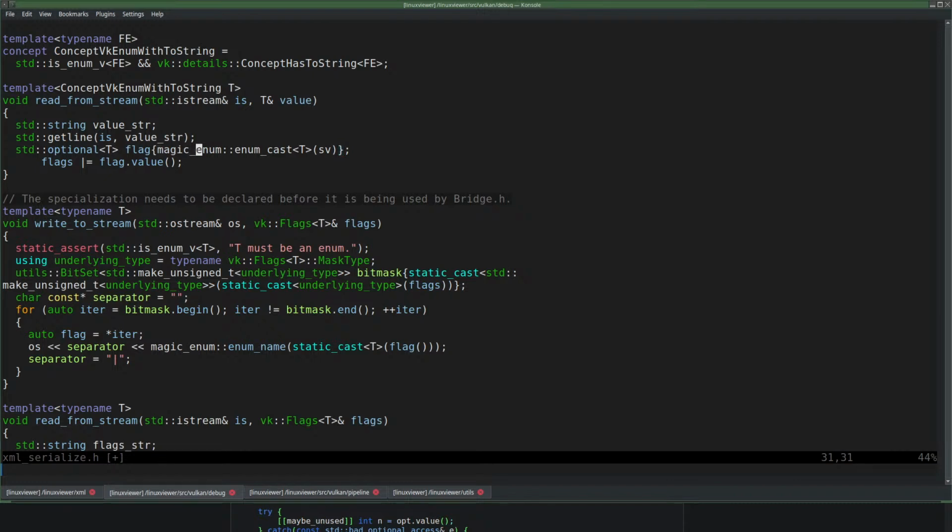And that would be, oh no, value string. I'm just going to assign it.